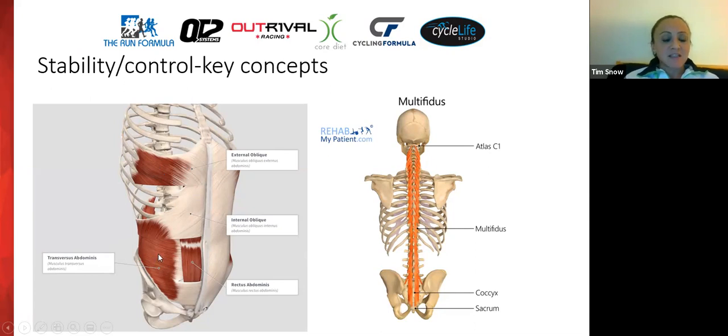But when these muscles contract, they stabilize the trunk. They increase the pressure throughout our abdomen so we're not flopping all over the place. And then between spinal segments, one of the main muscles of concern is the multifidus that runs between our spinal segments. It helps to protect them from excessive movement when we're moving our arms and legs.